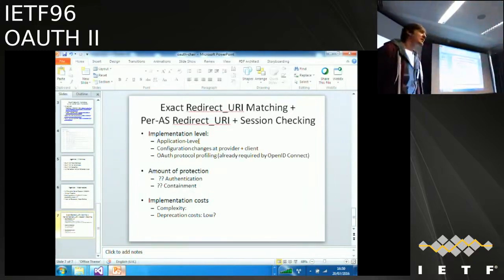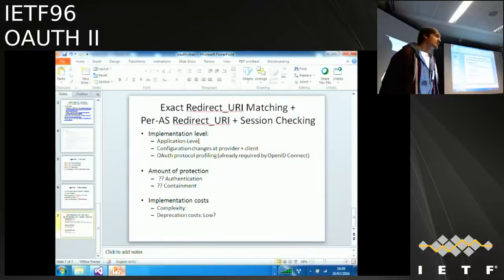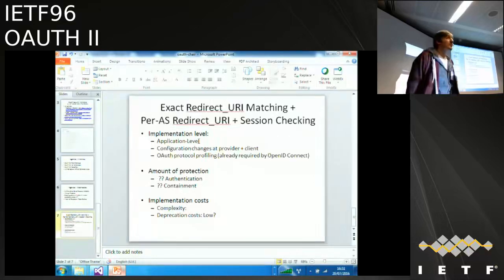The code injection attack is one that's been used against Facebook successfully several times in the past. So we can go over the details of it, but essentially it allows an attacker to get a hold of the user's account and bind the user's resources to a new account, or impersonate that user at a particular relying party when that relying party is mistakenly using OAuth on its own for identity purposes. So there are real attacks there that have been exploited in the past.